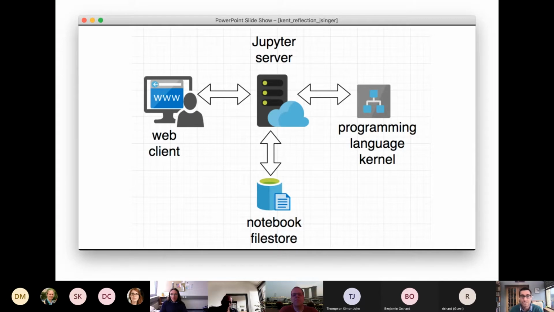What happens is the user types in fragments of source code, which gets sent through the server to the programming language kernel, which builds up in this read eval print loop style way a set of state, and then sends back output or values or perhaps even graphical output to the server, which relays them back to the client.